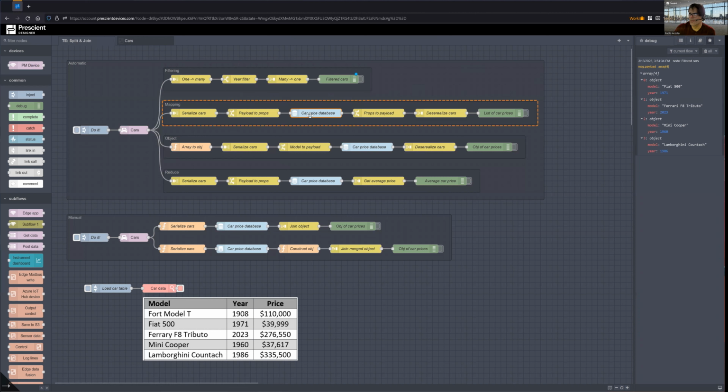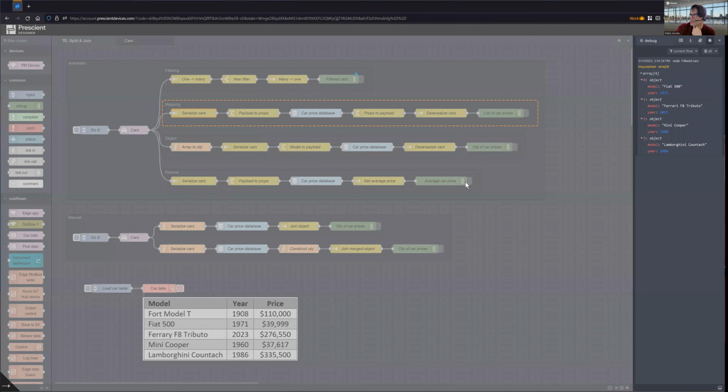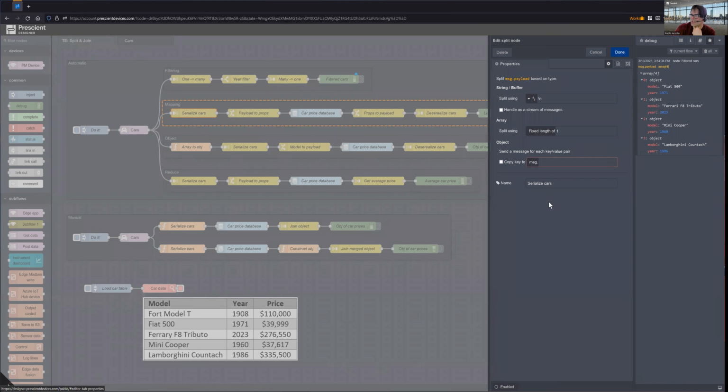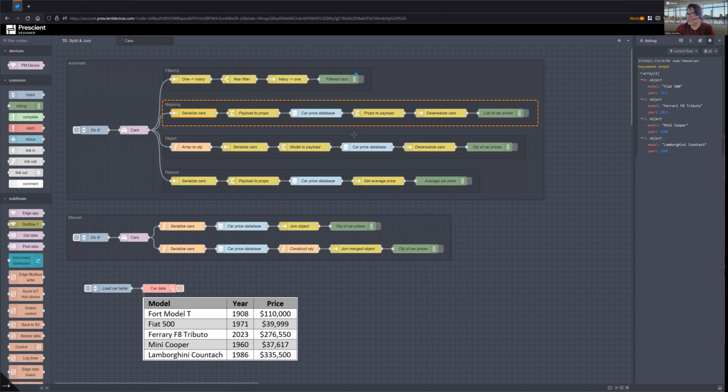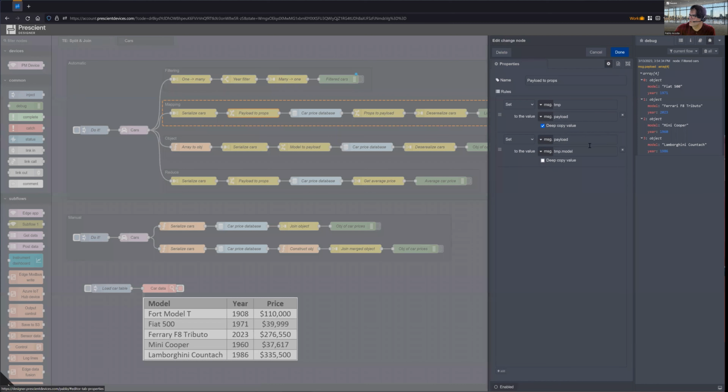So this mock database node takes, as I mentioned, a car name in the message payload, and it returns its price, also in the message payload. So the split node is essentially just stock options. It's going to take each row and serialize it, as in the filtering example that we just covered. Because of the idiosyncrasies of this database node, which operates on input and output payload,